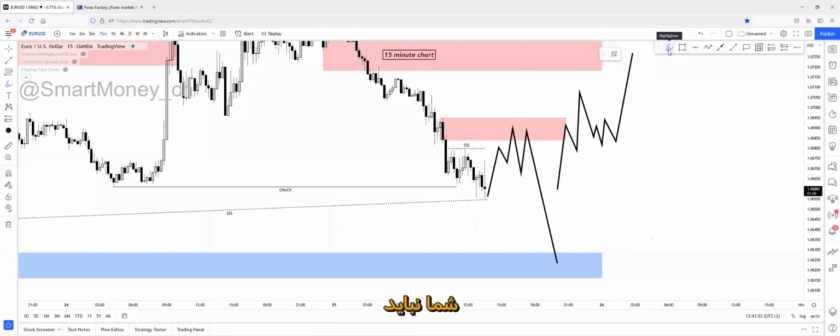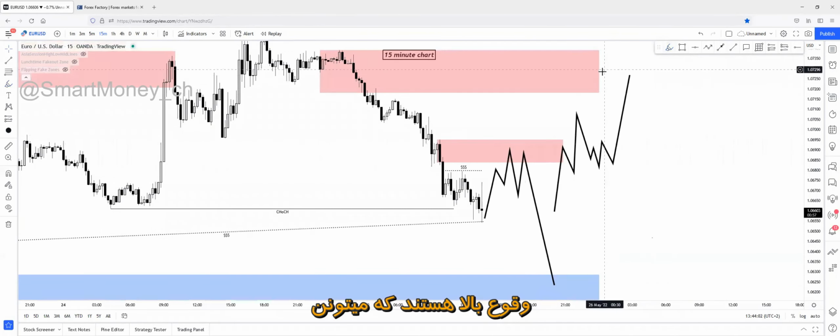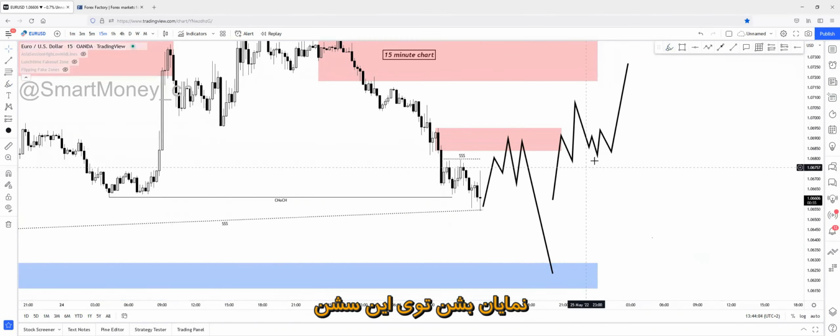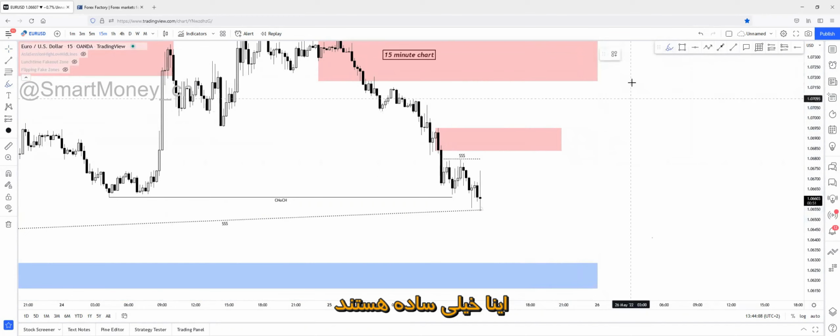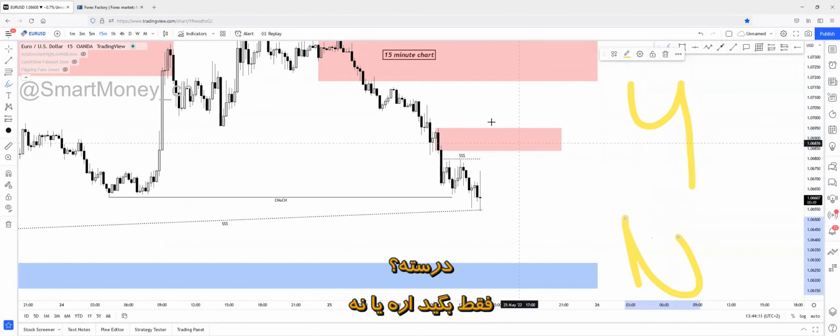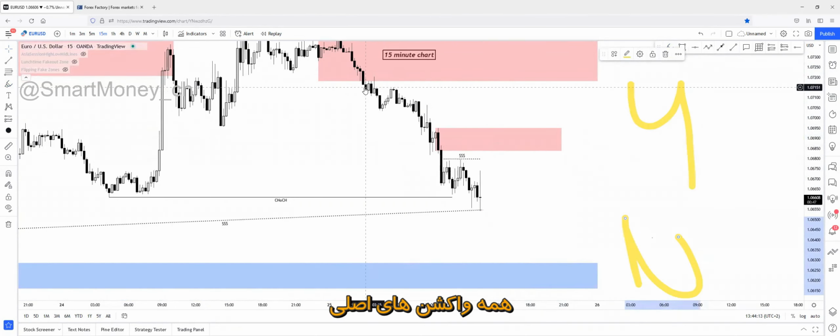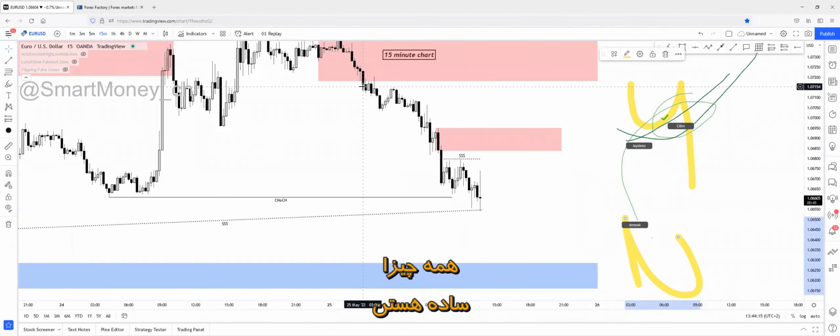And if the tap of these zones doesn't happen, then you're not entering in a position, because you don't want to force yourself into bad, low probability setups. So basically, these are the highest probability scenarios for us that are lining up for this session. And these are pretty simple, right? Pretty simple. Just say it, yes or no. All reaction based, all natural, all simple.